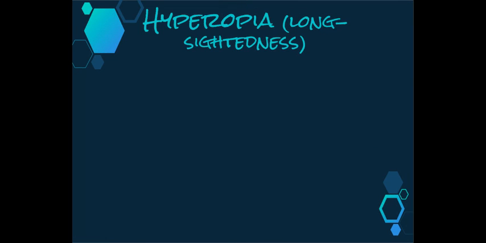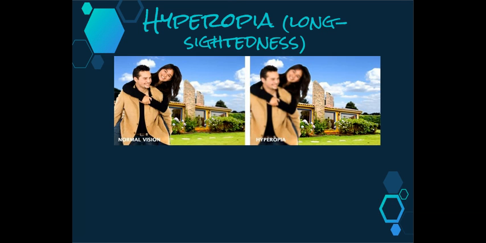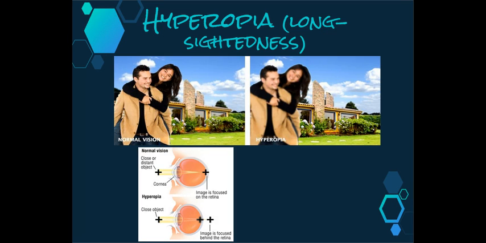Hyperopia is the correct medical term for long-sightedness. This is when distant things are seen clearly, but near objects cannot be seen in focus because the image falls behind the retina. Causes of hyperopia include an eyeball that is too short from back to front, so the eyeball is too round;